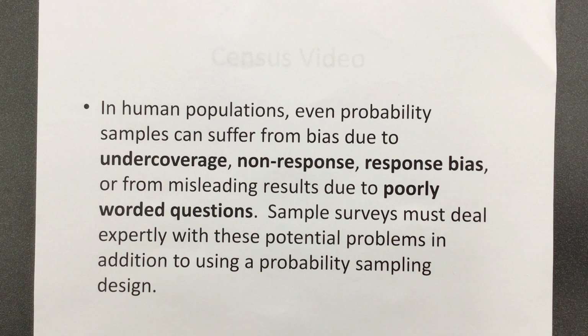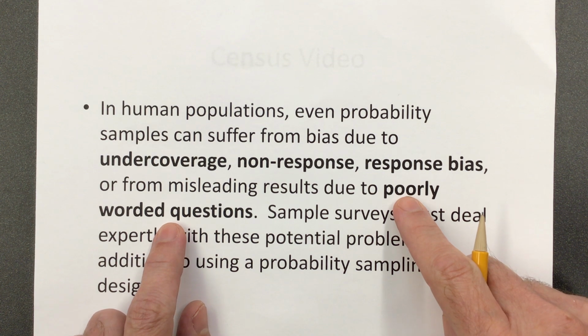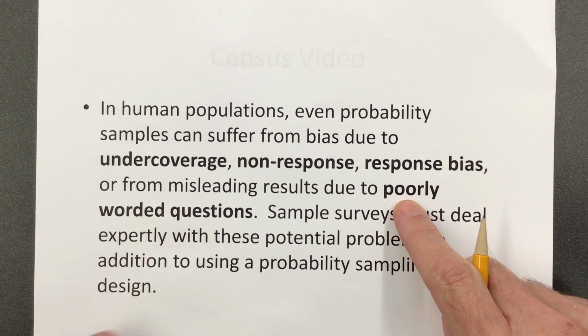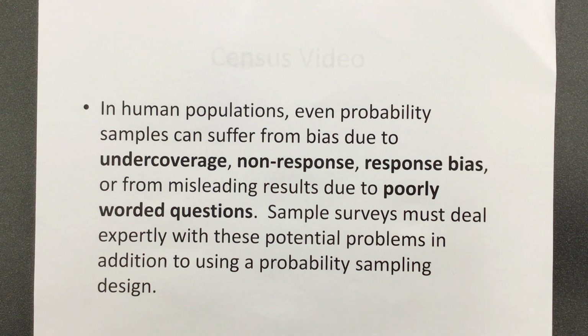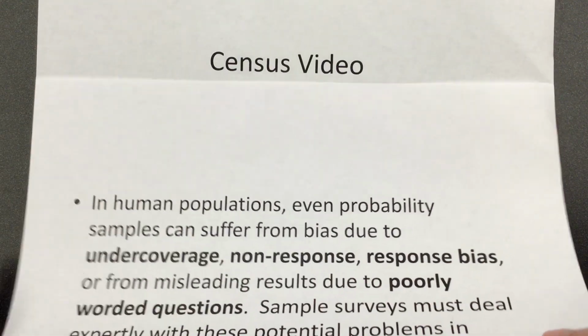So you got to be very careful about data when people are responding to either written or verbal questionnaires, and make sure that the wording of the questions is not influencing the responses. Okay, and that's what we said here. Okay, we must be experts in how we choose our samples, how our questions are worded, and so on. Okay? All right, so that being said,